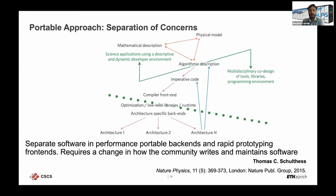So an approach that we've found works best is this approach of separation of concerns, taking a step back and looking at an application and trying to first refactor or modify the application so that we take all of the performance critical parts of the application and we give them an interface which is domain specific. So an interface which provides an API or maybe provides a domain specific programming language that lets the domain scientist